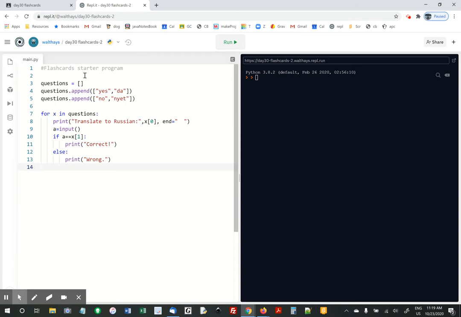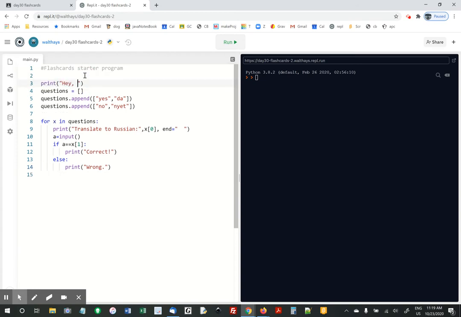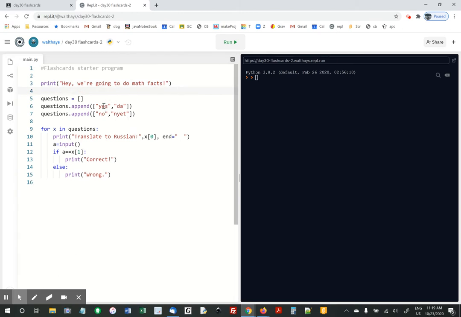Okay, so here's the deal. You have to say, hey, we're going to do math facts or whatever you're doing, practicing English, Spanish, whatever. My example was Russian, but I'm going to say 17 plus 19, and the answer is 36. And I'm going to say the square root of 225, and that is 15. And then I'm going to change this to say what is,